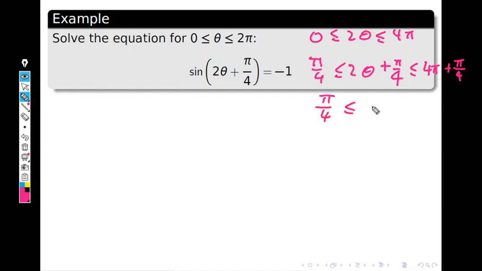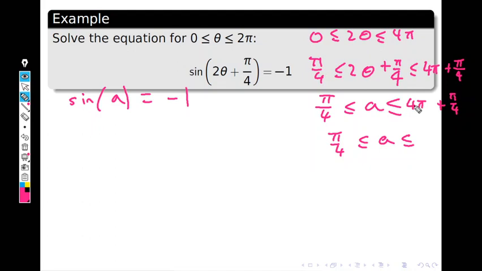We have our domain expanded, so now we can do our little substitution. I'm just going to use A to represent all of that mess inside in the middle of my domain, and I'm going to solve my new, slightly altered equation. Sine of A is equal to -1 for this domain of A, which is a pretty weird domain, right? We're going between pi on 4 as the smallest thing we can look at, all the way up to 4 pi plus pi on 4, which you can simplify a bit more. I kind of like to keep it just like this, but